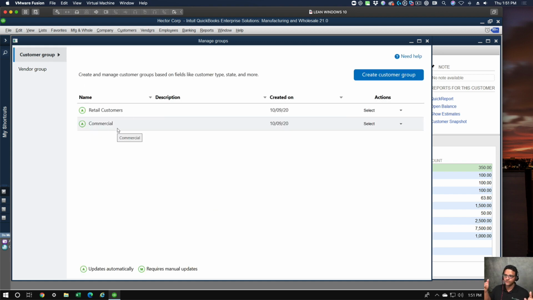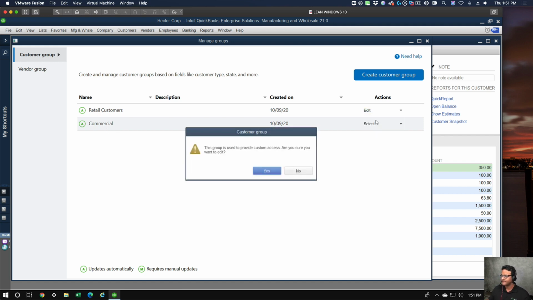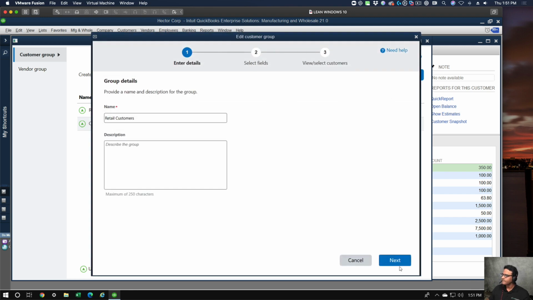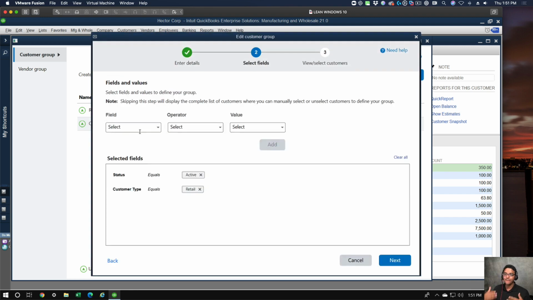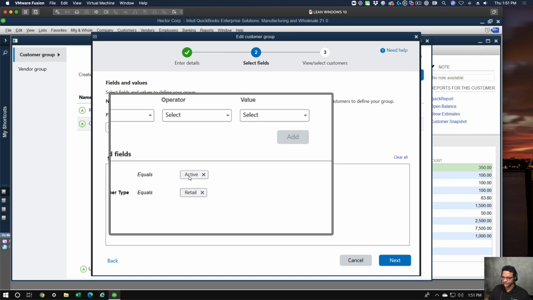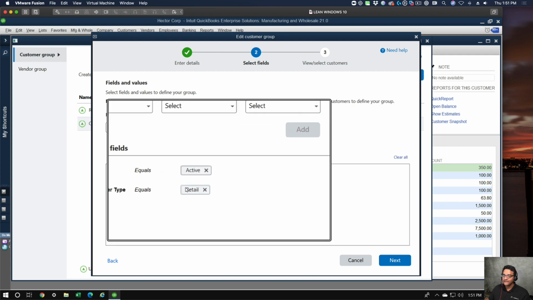I created two customer groups based on the customer type. So we have retail customers and commercial customers. I'm going to click here and edit and show you how that works, and show you that I basically told the customer group rules: look, if the customer is an active customer and they're also a retail customer,